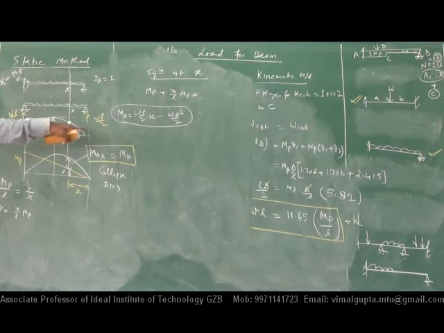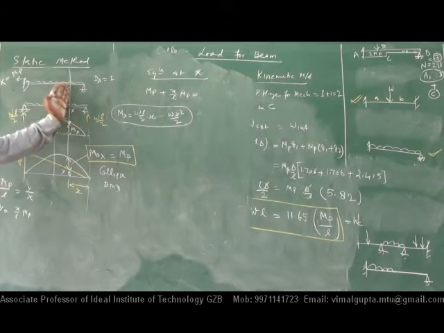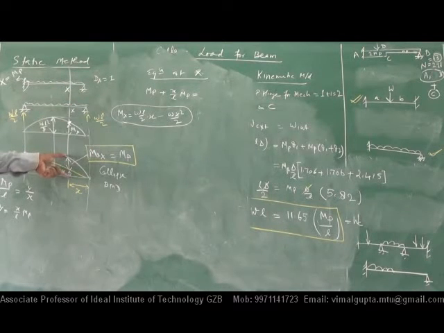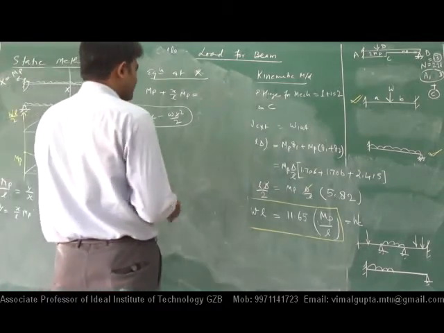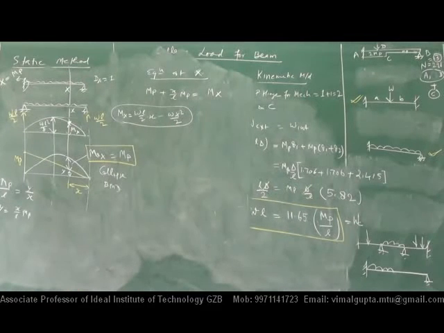होगा नहीं होगा? What will be the value of free BMD? What will be the value of that? यहीं से निकाल लो. इतना पार्ट हुआ, WL by 2 into X minus, बस simple. So that free BMD will be, that BMD will equals to be summation of these two. Okay, so that will be MX.